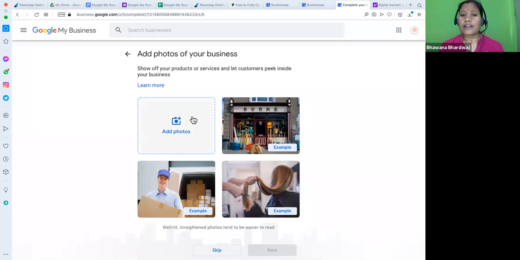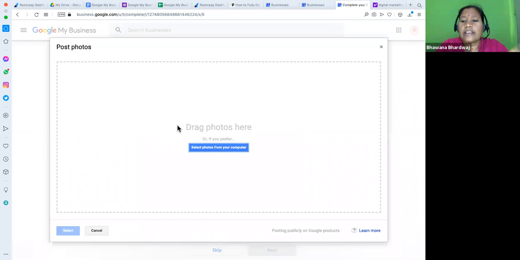So now you have to add a photograph. You must add some photographs. You can click on add photographs. Nowadays, if your business is suspended or not listed or marked as permanently closed, there is a section where you can directly contact Google My Business customer care, and they will do the mobile verification, the video verification. They will ask you to open your mobile, show them your business, and they will verify your listing hand to hand. Or they will ask you to upload photographs of your business existence, your electricity bill, or your reception photographs, or your stock photographs, or your training center classroom, and your business will be verified.